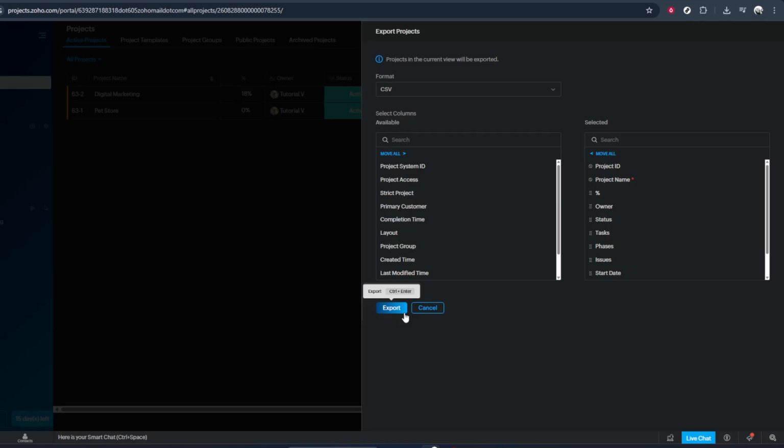Here, you may see options like the format of the export, such as CSV or another supported type, and sometimes which parts of the project you want to include. Even if you're not changing any of these settings, it's a good idea to pause for a moment and confirm that everything looks right, especially if you're sharing this file with others or importing it into another tool. When you're ready,